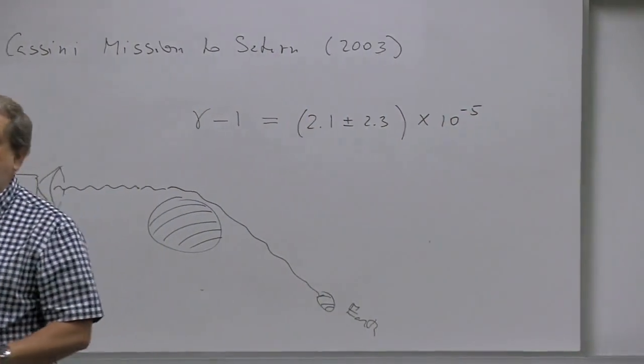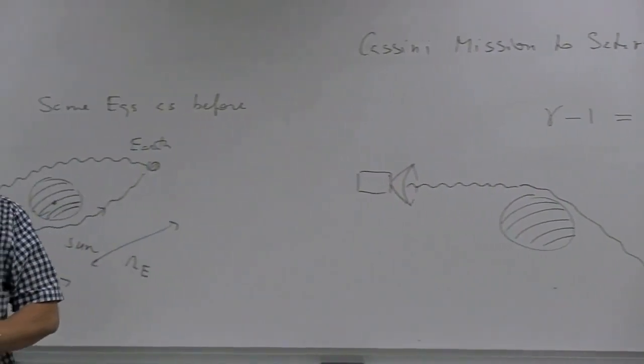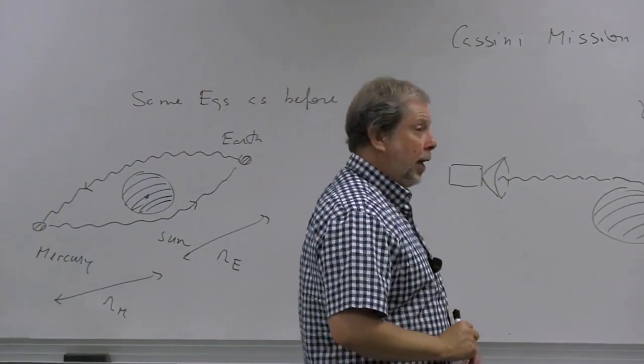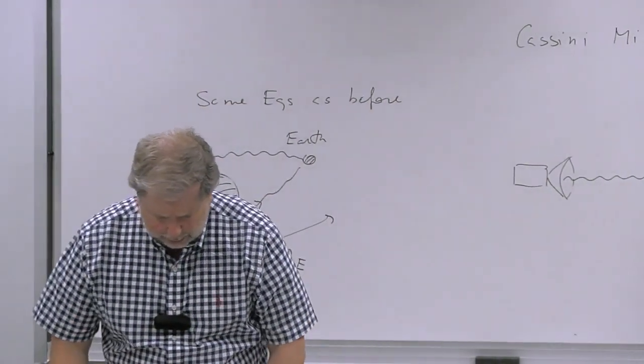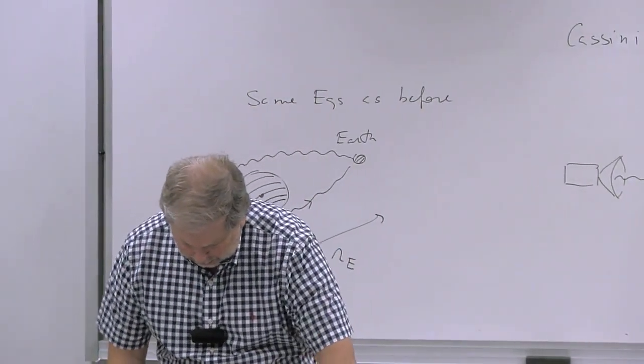So now that starts to be a lot more precise, right? A lot more precise, right? So that is a very nice result that constrains this gamma significantly,